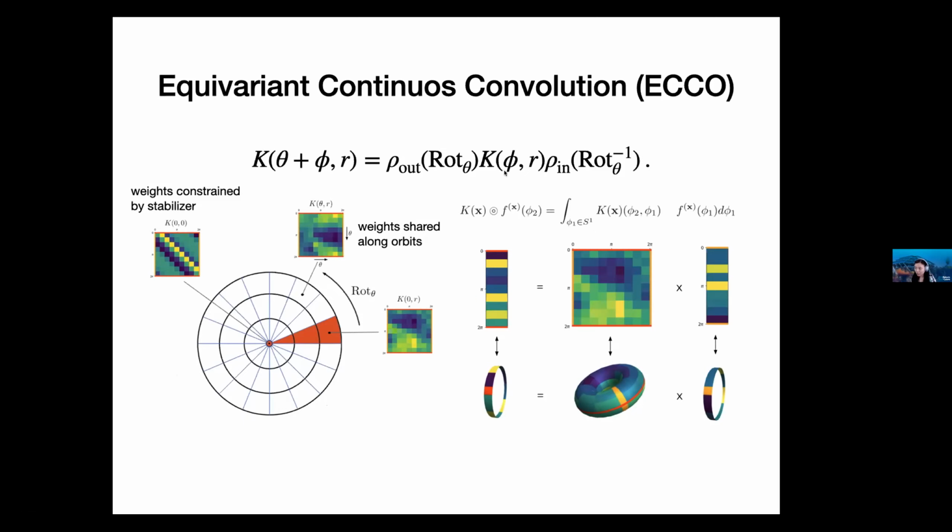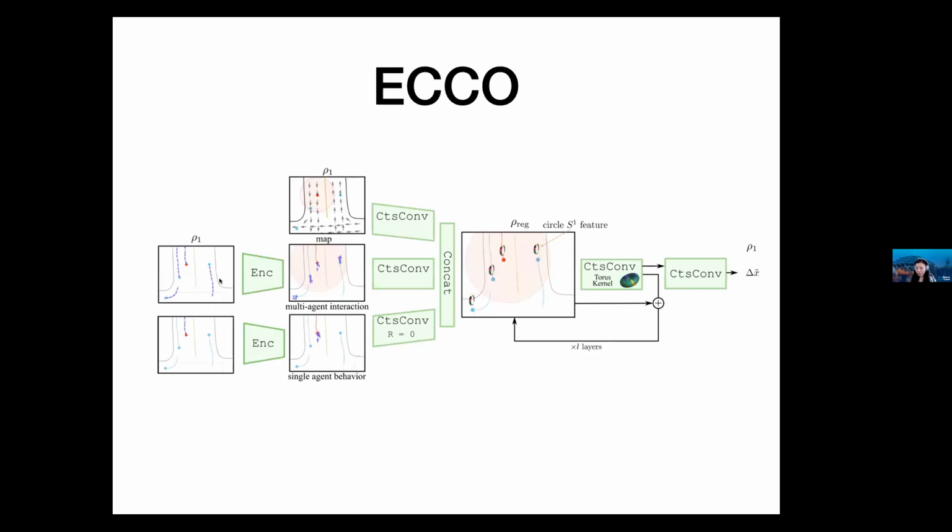And then with this kind of special convolutional architecture, we can build a deep learning model that can help us forecast the trajectories of cars. In this case, we have the trajectories as the input, and these are SO2 input, the trajectories of different cars, the input representation. Then we use a fully connected layer to map the input trajectories into some hidden representations. And then we encode the map information. So the top one is the map information, the bottom one is the multi-agent interactions, and the third one is the single agent behavior.